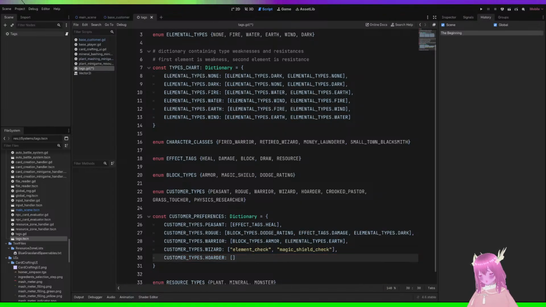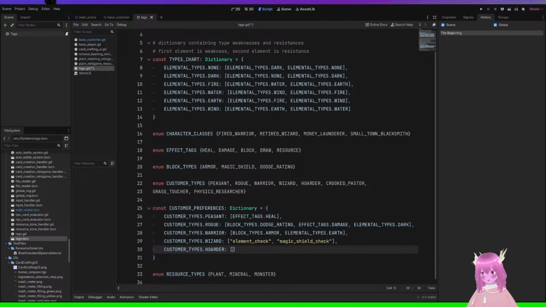The hoarder will just give a generic bonus to every single card. The hoarder wants every card. Doesn't give a shit about what kind it is. So for hoarder, I have to do a special check. Okay.